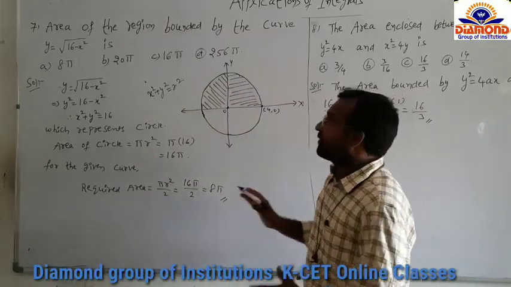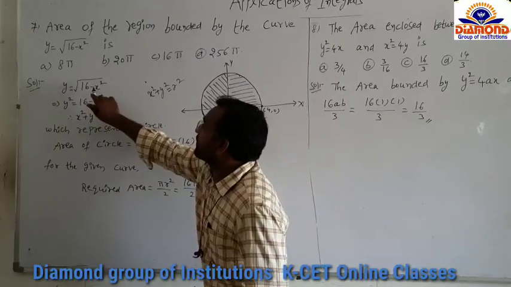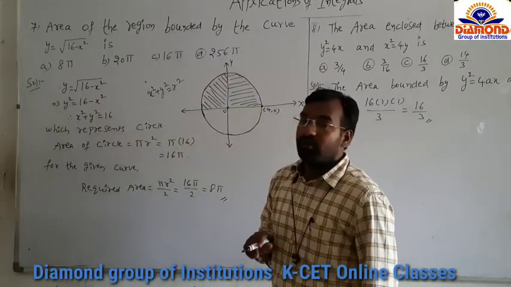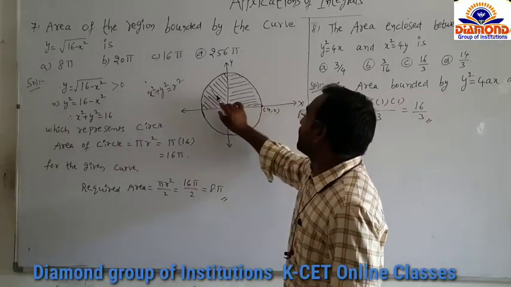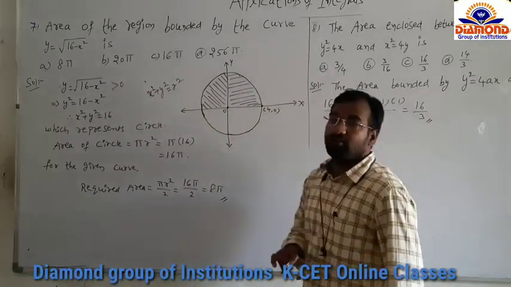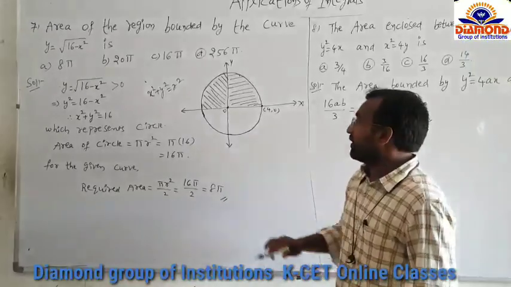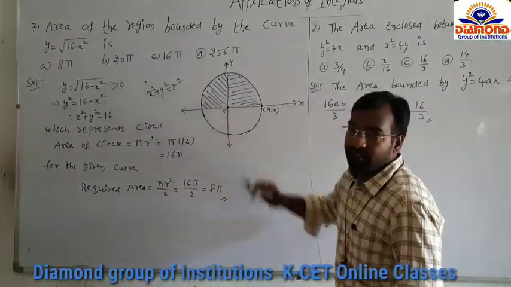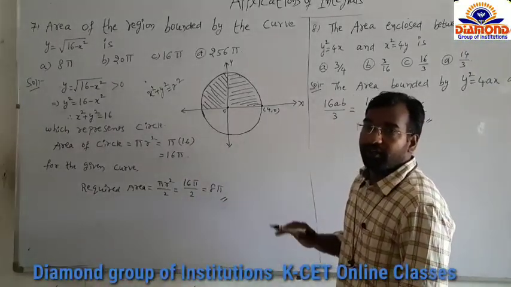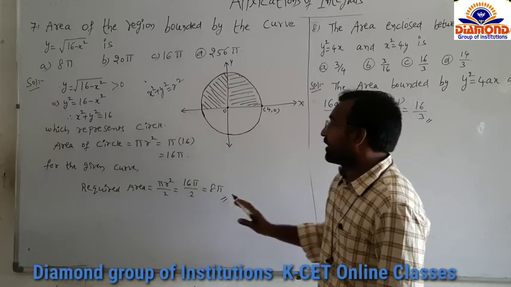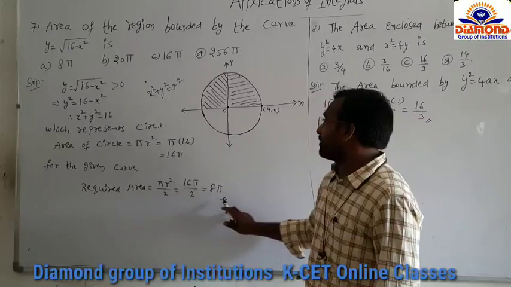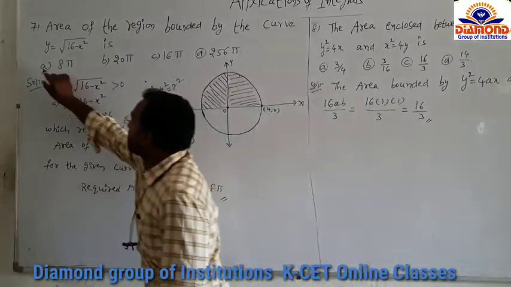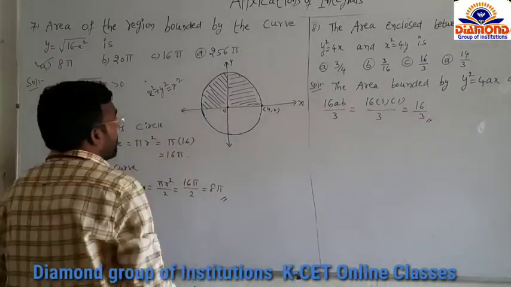But here given curve is y equal to root over 16 minus x square only. So this condition holds greater than 0 only when you take only first quadrant and second quadrant. So that's why you have to find out half the area of the circle. So required area is pi r square by 2, equal to 16 pi by 2 equal to 8 pi. So option is A. Next,